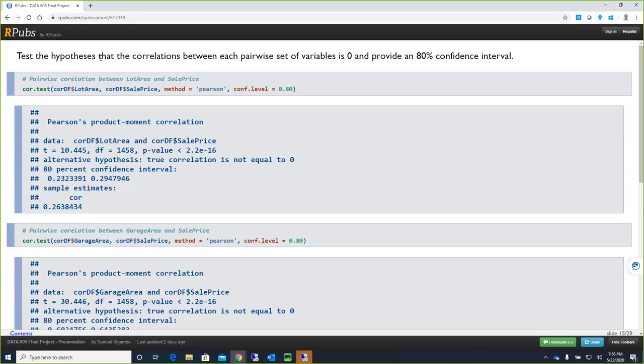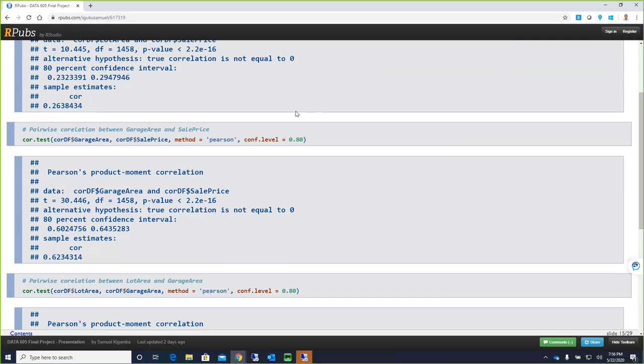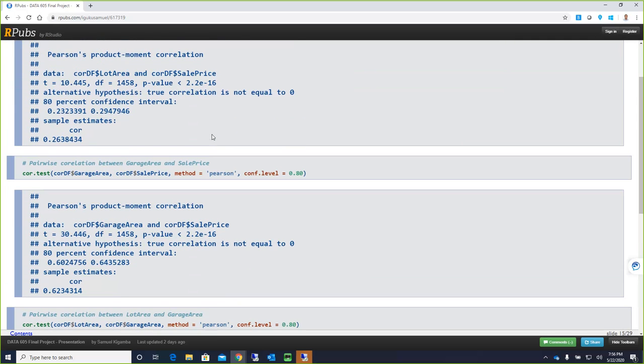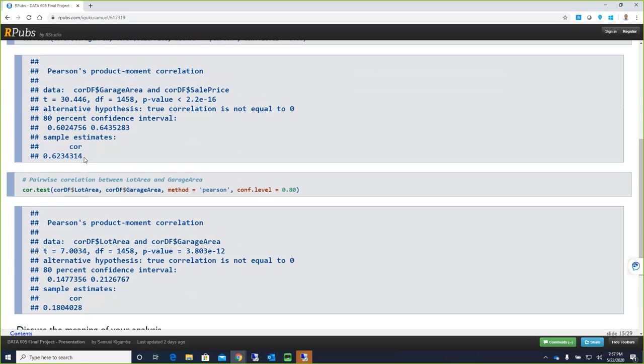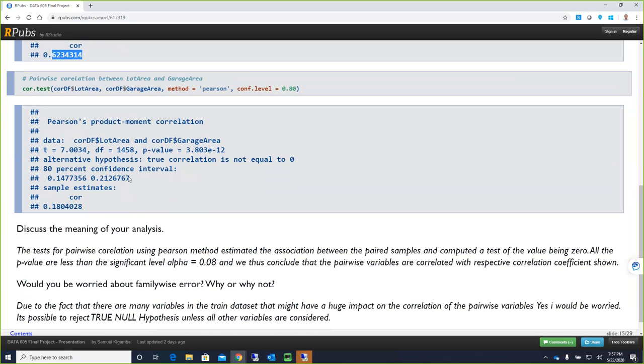Here, I test the hypothesis that the correlation between each pairwise set of variables is zero at an 80% confidence interval. Of course, it's not zero. We have some correlation between them with varying degree. Of course, there's a high or strong correlation between garage and sales price, and a weak correlation between lot area and